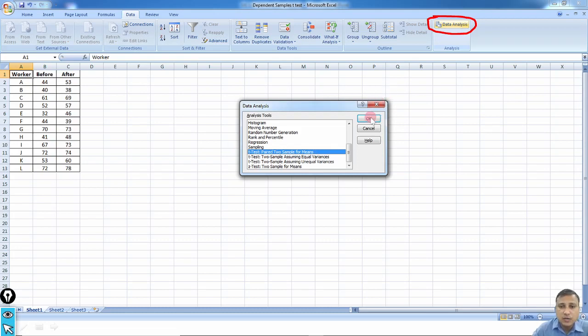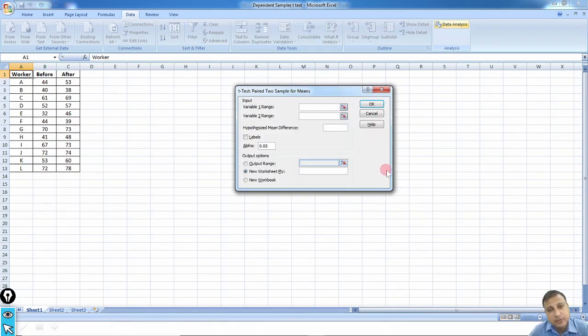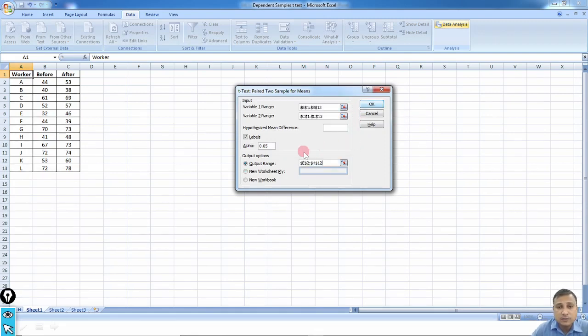As I click on OK, a new pop-up window comes. Here I'll have to select my first variable range, and then I'll select the second variable range. Once I select both the variables, I'll go further.